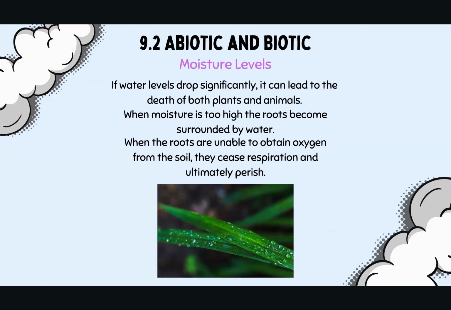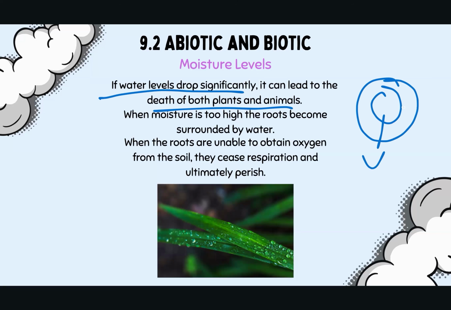Moisture levels. Now, if water levels drop significantly, it can lead to the death of both plants and animals. Because, for example, a red blood cell without enough water will shrivel up and die. It won't carry as much oxygen. And with plant cells, again, they become plasmolysed, as in the water leaves the cell. They don't have enough water for the plant to survive; it needs to be turgid, it needs to be full